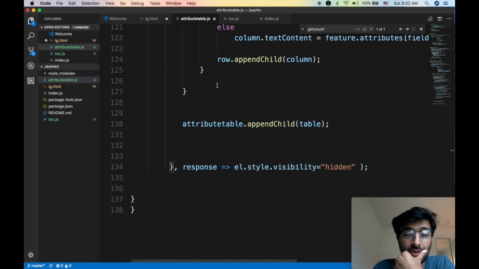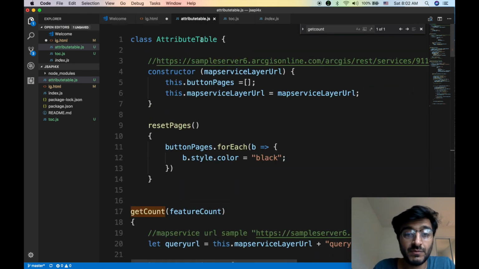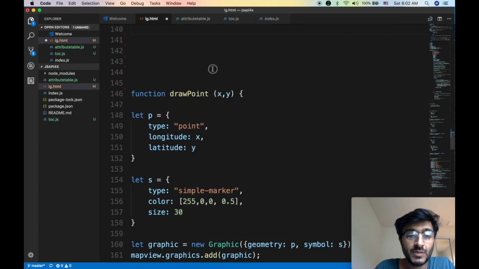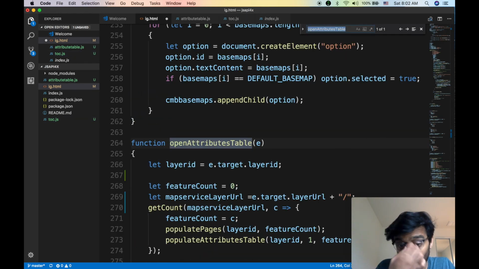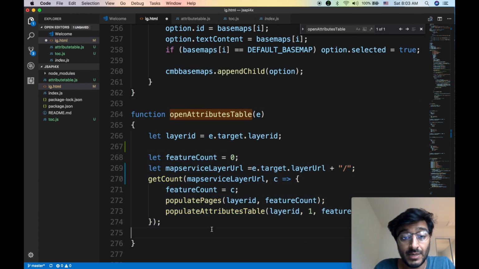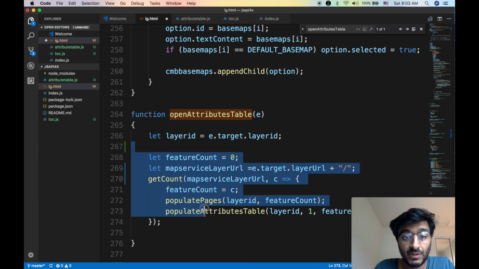Good. I really doubt that this will work from the first go, but yeah, I think it will work. Open attribute table, that's the tricky part. Open attribute table still lives here, but we need to take it out and then basically create the object. So let's go ahead and